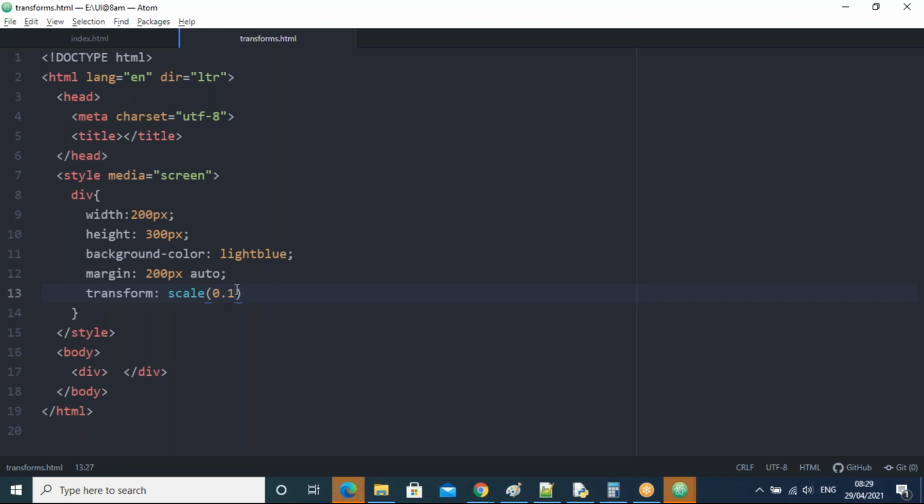We have taken scale 2, all of you observe again. What is happening? It is increasing both the x direction size and the y direction size. It's increasing on both the x and y directions.